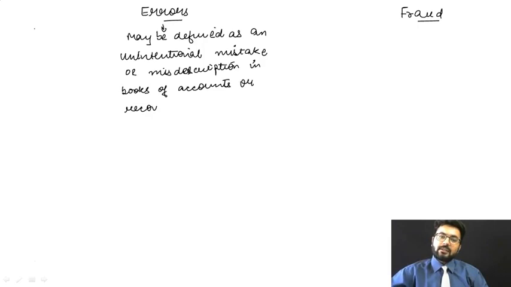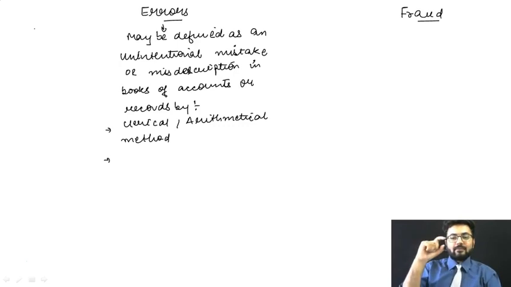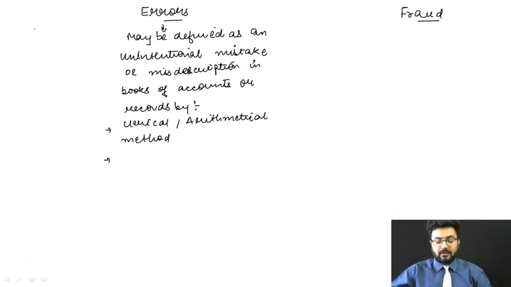This misdescription or this error can be done by, the very first point, a clerical or arithmetical mistake. This can be a calculation mistake as well, or a clerical mistake, where you were doing some kind of calculations, and after that you were supposed to do 199.5 into 20%. So you have done that manually and an error occurred. That person was not doing that intentionally, that just happened by mistake.